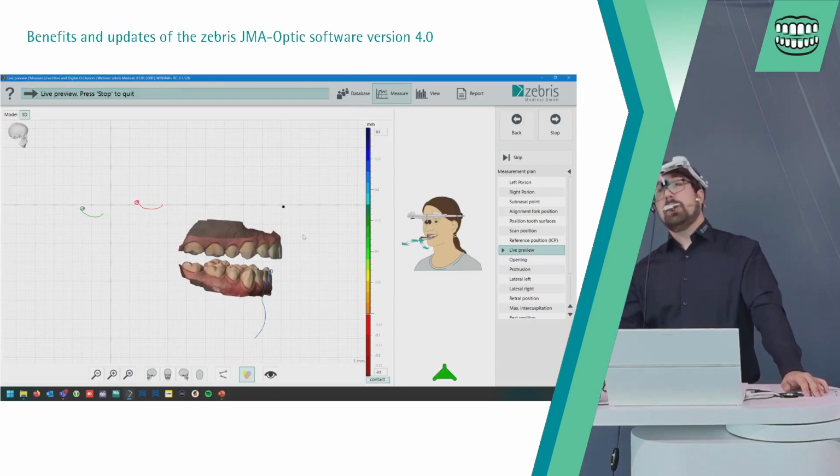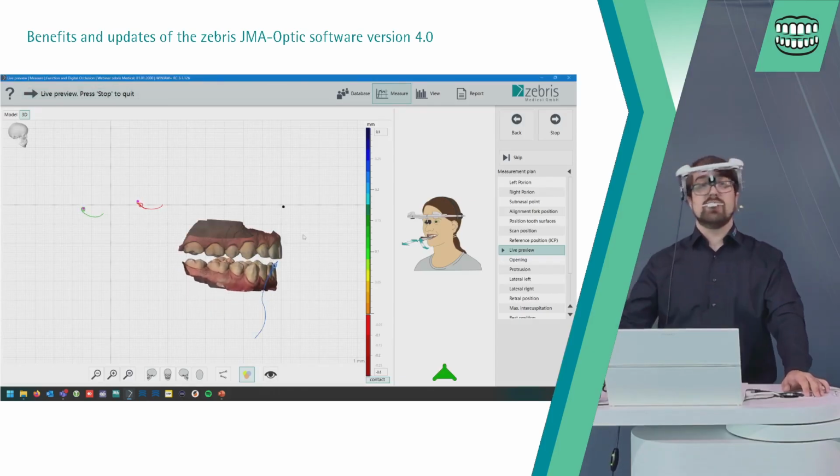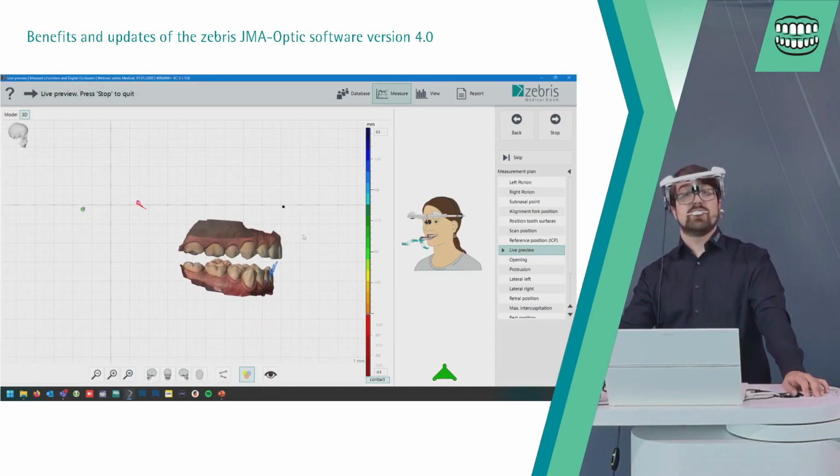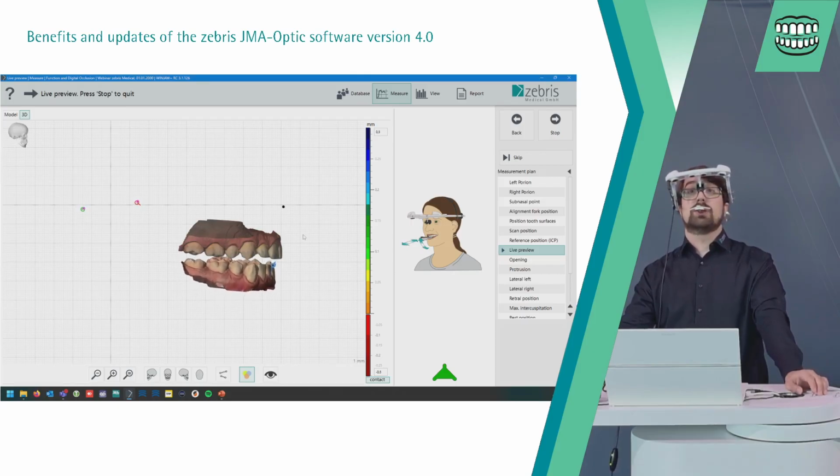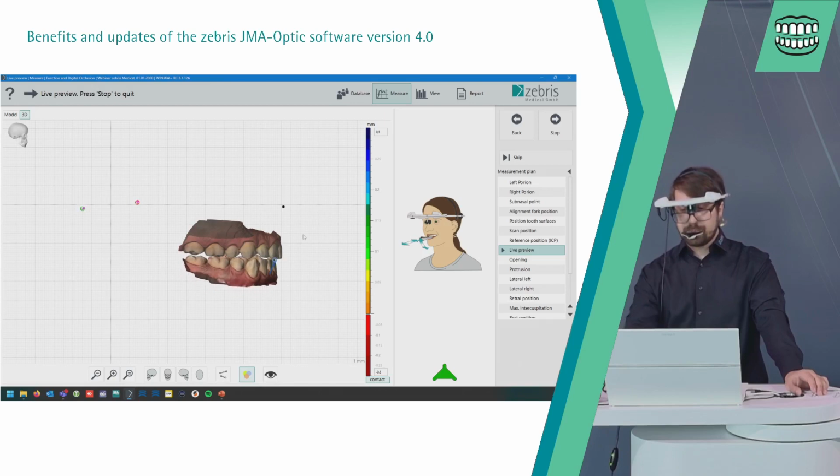Normally, our users know that when your patient opens the bite and you click start, you get a lot of intersections in the measurement. This we don't have here anymore. You can start the measurement in any position you like, and the software will understand it.